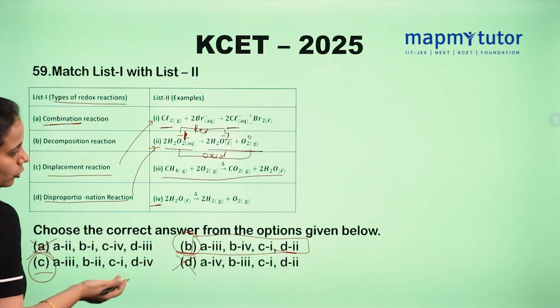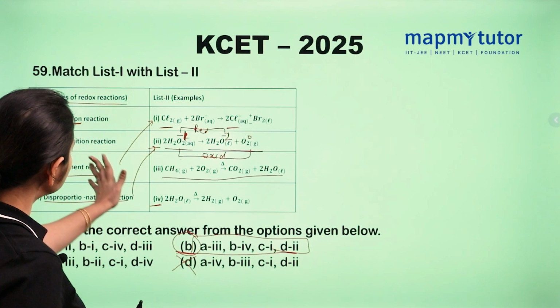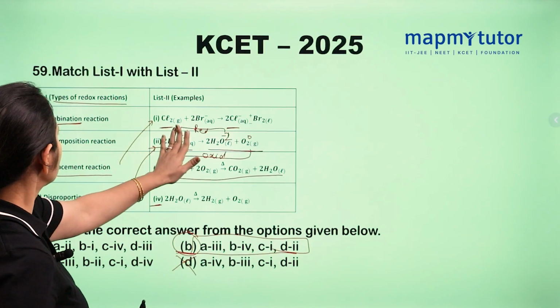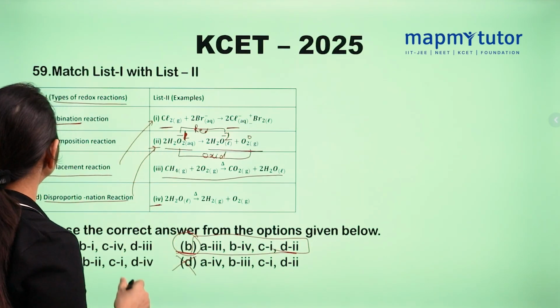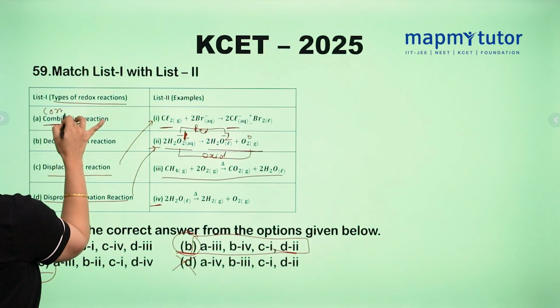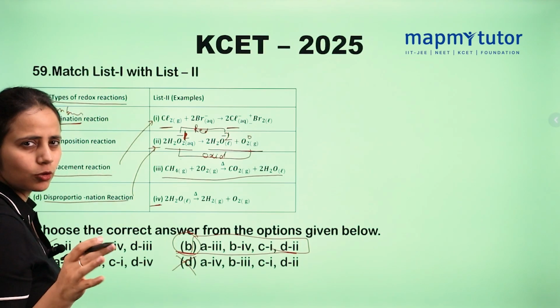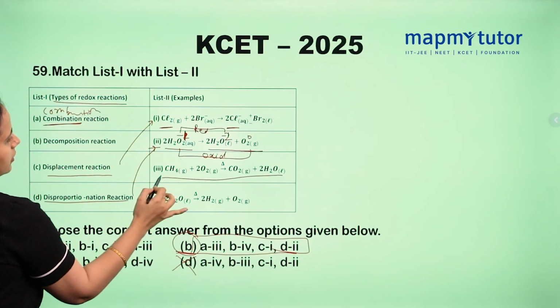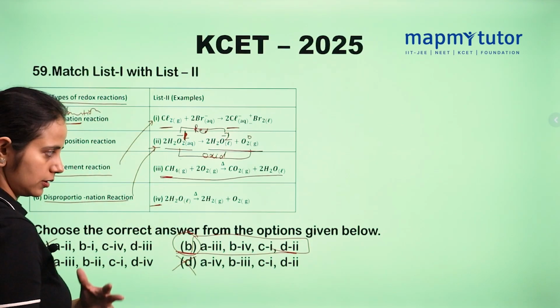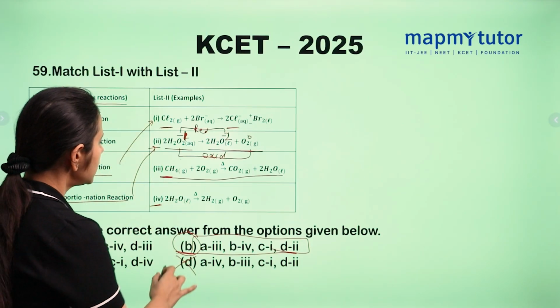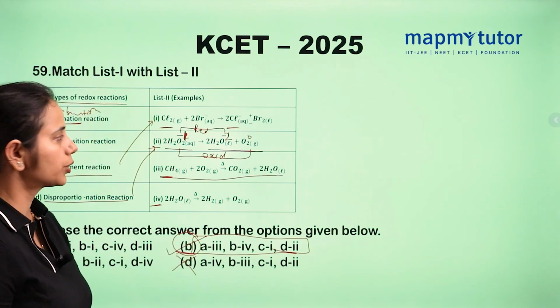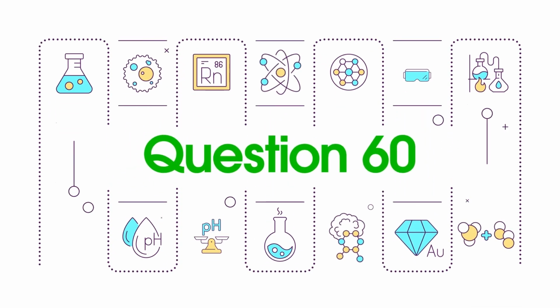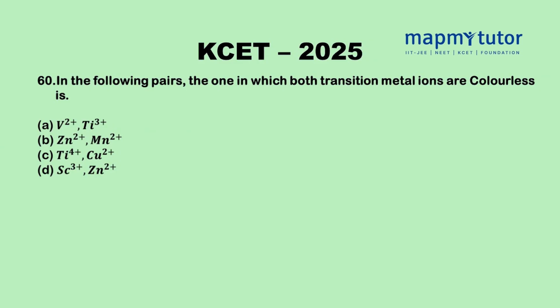Most appropriately, we can use this only, because for the combination reaction we can't find a match. This is not a combination reaction. There is no option where we can give combustion reaction either. So there's a little mistake in the question paper. So you consider this as a combustion reaction. By assuming this, D is the right option. Okay. Let's see the last question.